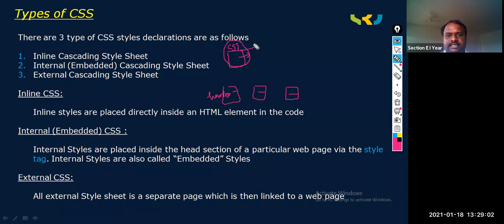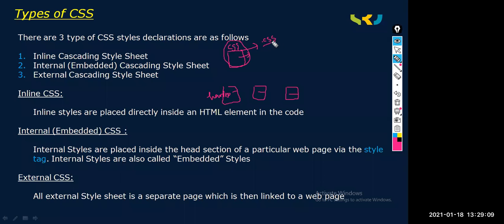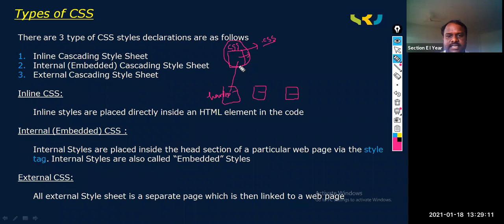That file is CSS. And what is the extension of the CSS file? .css. Very good. And I will link this CSS to all these files. So how many times do you write this property? Only one time. And how many times do you use it? Multiple times you can use it. This is the advantage we get by using external CSS.